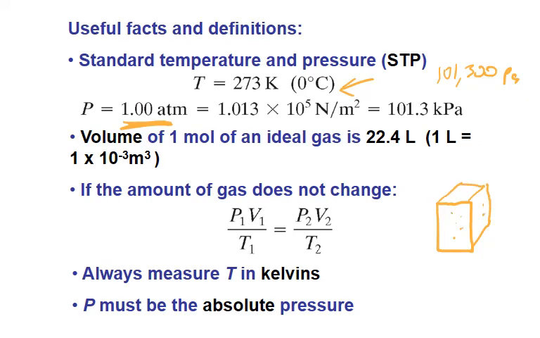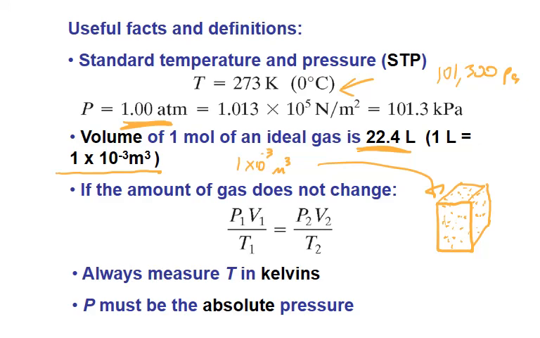So this mole with all those molecules inside is going to have this shape, right? Which is also this in meters cubed. So in other words, 1 times 10 to the negative third meters cubed is the volume